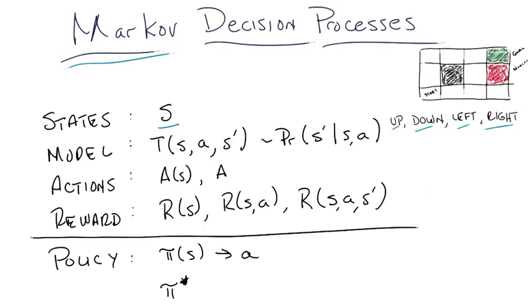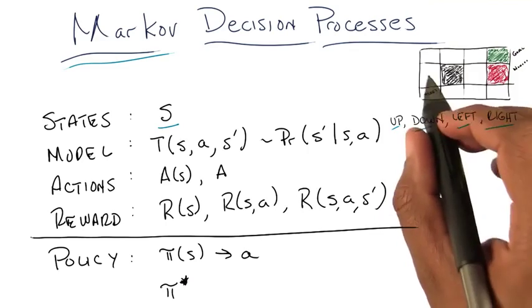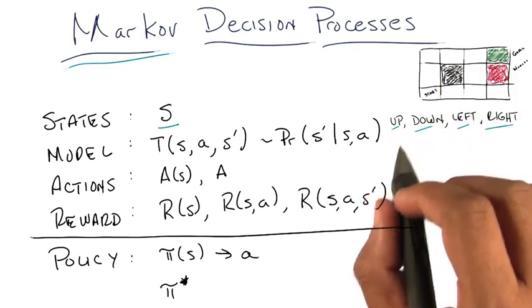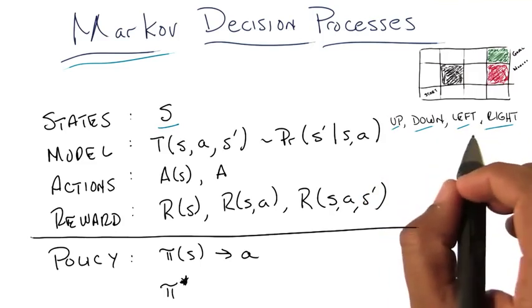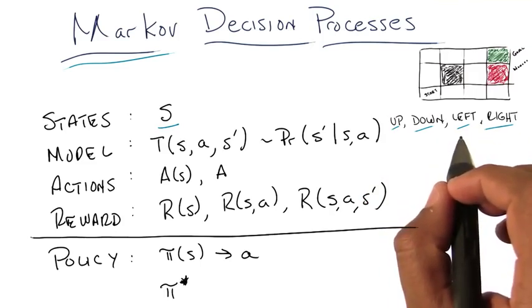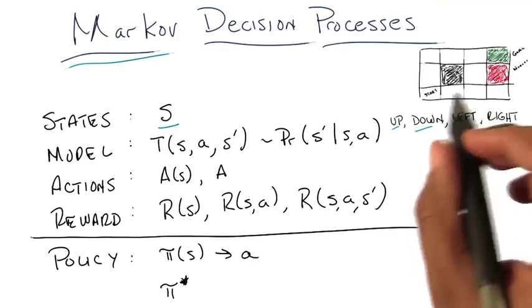That's true. Well, no, there were other outcomes. You could stay where you were. Right. So these are actually the actions. These are the things that when I'm in a given state, I'm allowed to execute. I can either go up, go down, go left, or go right. You'll notice that, as I described before, there was no option not to move. But there could have been, and there could have been other actions like teleport, or anything that you can